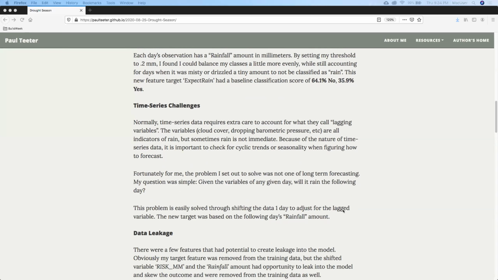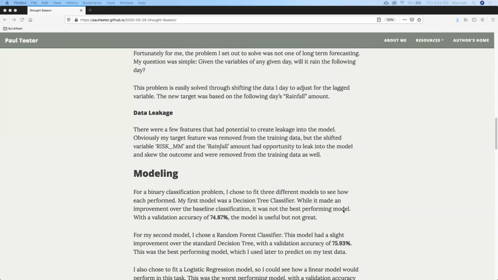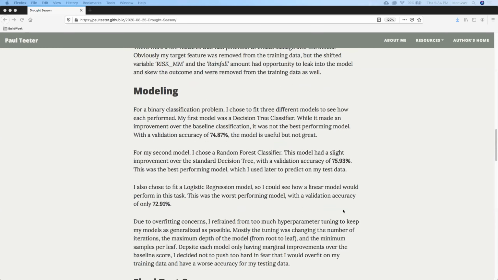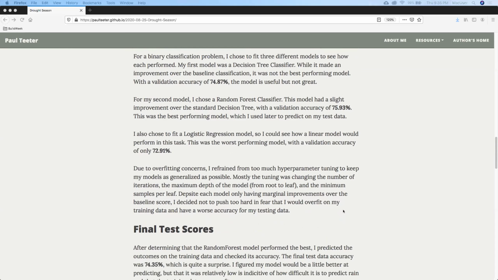So that really wasn't an issue with the regular time series challenges like you normally have for a long span of time. I also had some problems with data leakage. Because it was a single day, I could actually have future data leak into my model, so I had to remove a couple different columns. I fit 3 different models. First one was a decision tree classifier, and that gave me a validation accuracy of 74.87%. Then I did a random forest classifier, which gave me a marginally better rate of 75.93%. And then I also did a logistic regression model for a linear model, and that was the worst performing model,